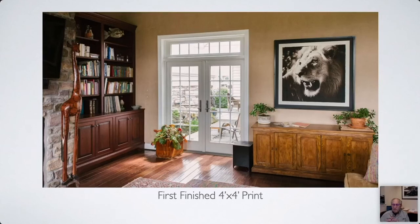Okay. Great. Someone is asking, do you still spray your prints if you're going to frame it with glass? No, I don't. That's a good question. If it's going to be behind glass, I generally will not spray it. Now, I say that in general